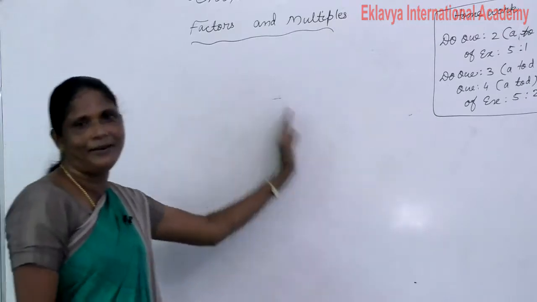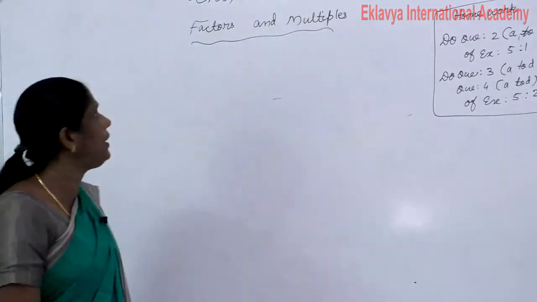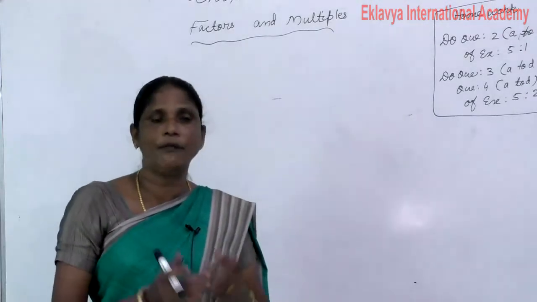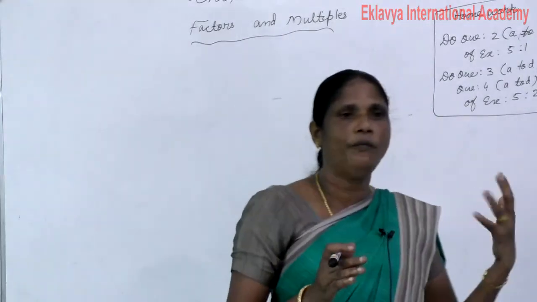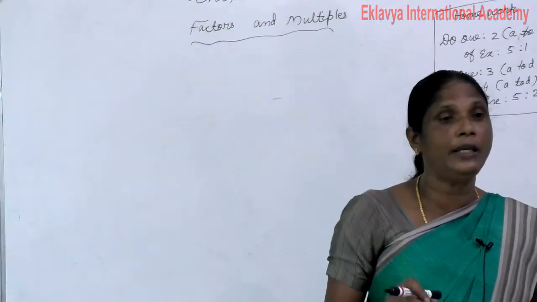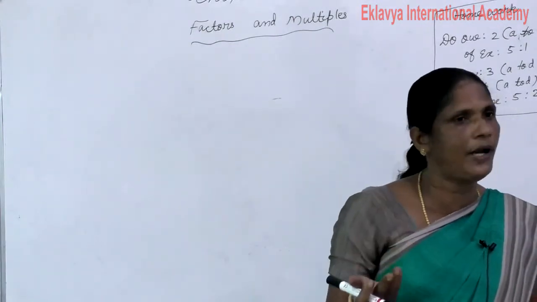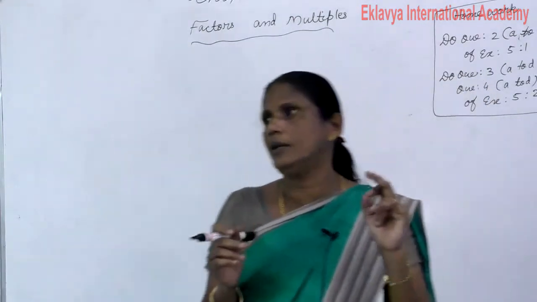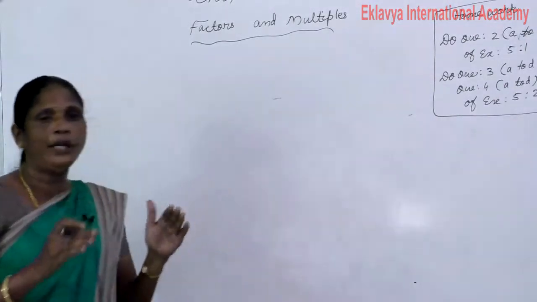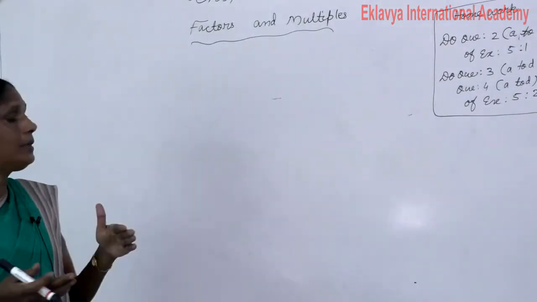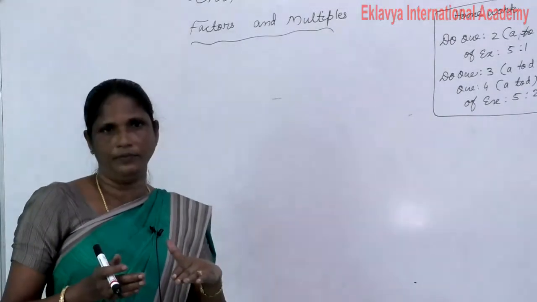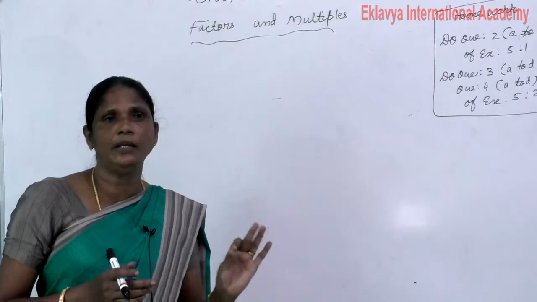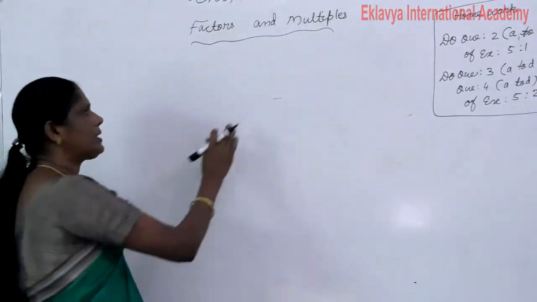Factors and multiples. First, what do you mean by factors? A factor is a number that we divide without leaving any remainder. For example,